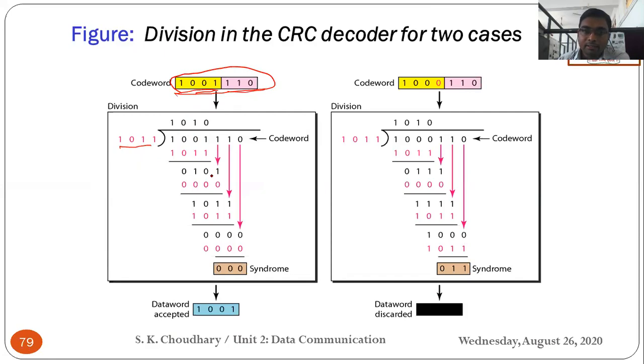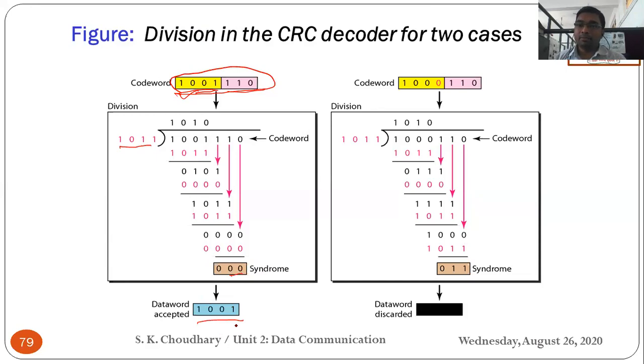When you divide this, you finally get the syndrome, and you can see here we got the syndrome as all 000, which means there is no error. So the first 4 bits of this message are accepted as the data word that we used to transmit at the transmitter end. So there is no error, and we have got our message back at the receiving end. It is a faithful transmission.